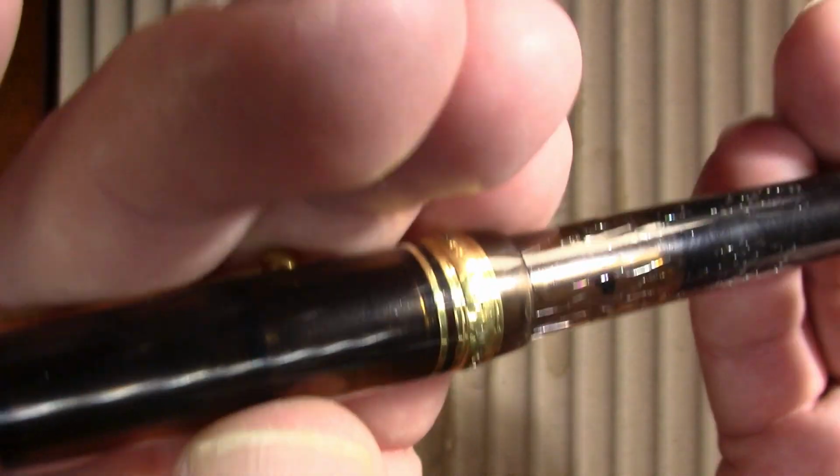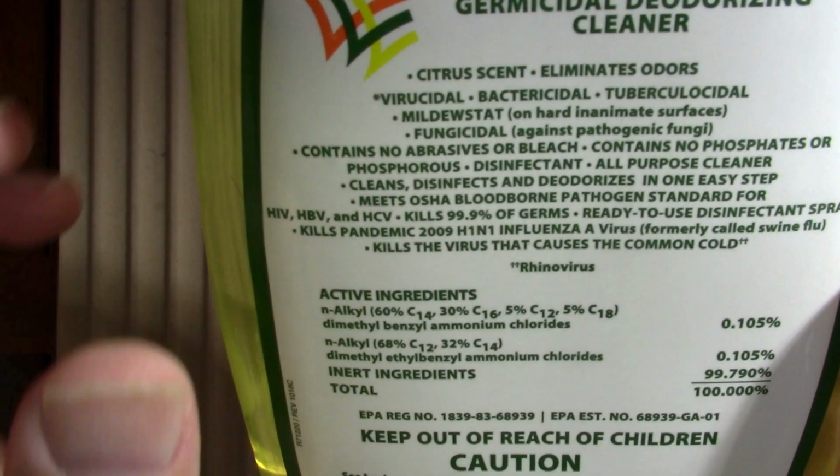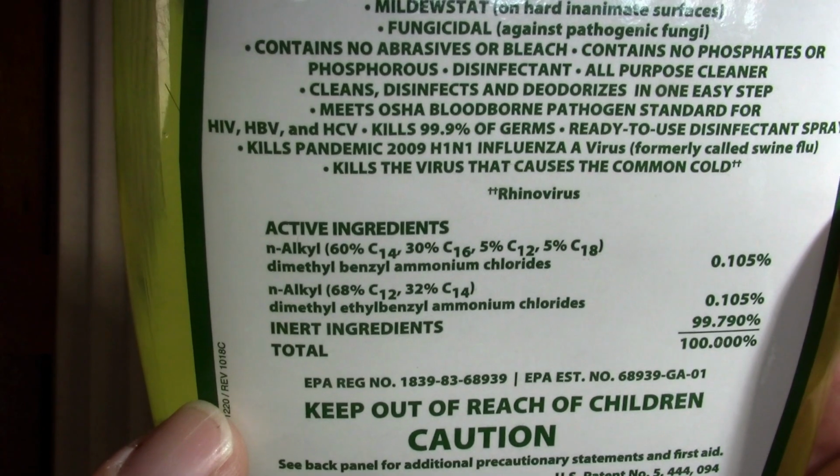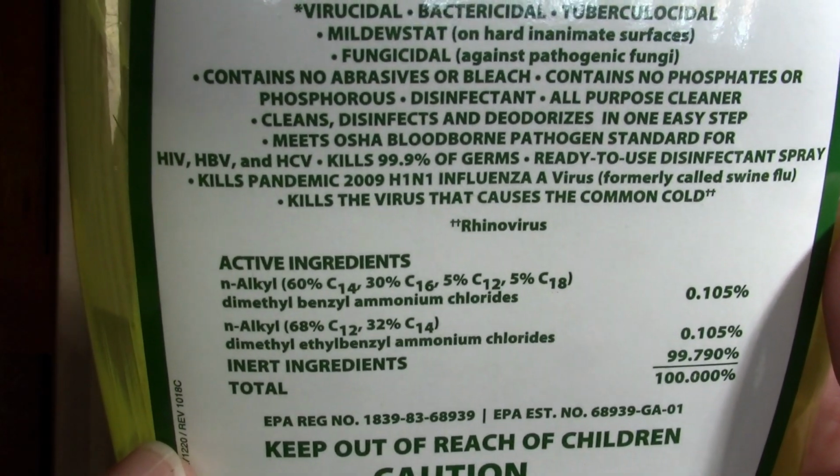Just the crazing of the plastic. And I mean, it is cracked. So, a very expensive pen to have that happen to it. But then I start looking at the active ingredients. And I maybe can see possibly why that happened. But that's weird. If it dropped, I can't even picture it, an expensive pen like this, believe me, I'd know if it dropped. I just can't picture it doing that if it dropped. So, I don't understand the damage to it, but,